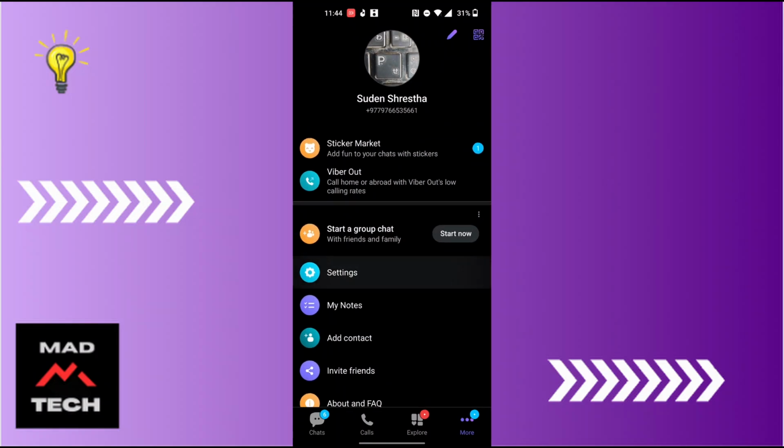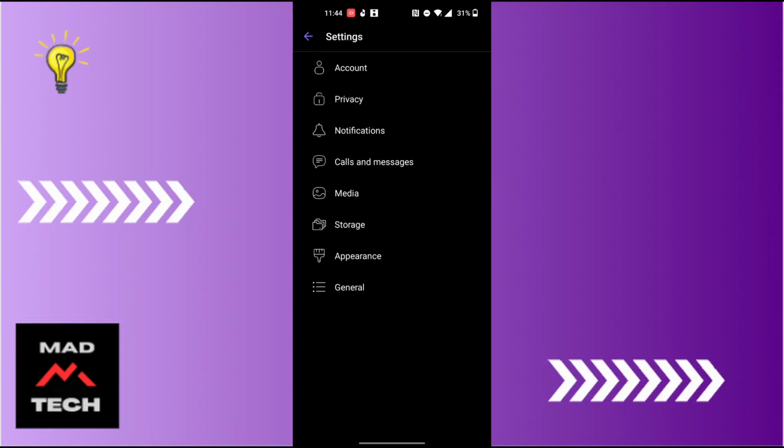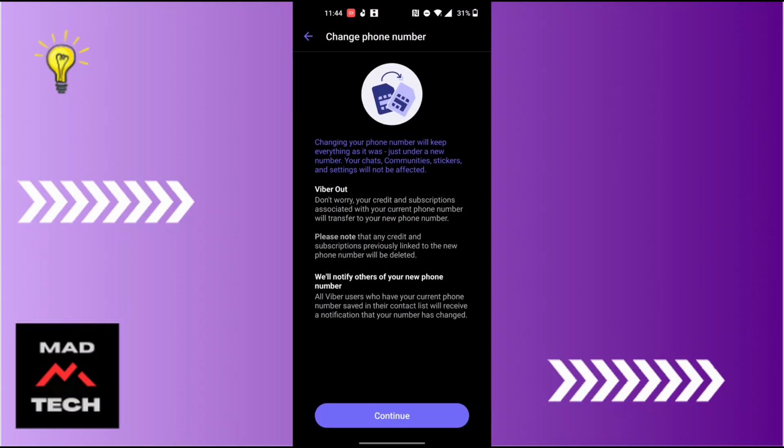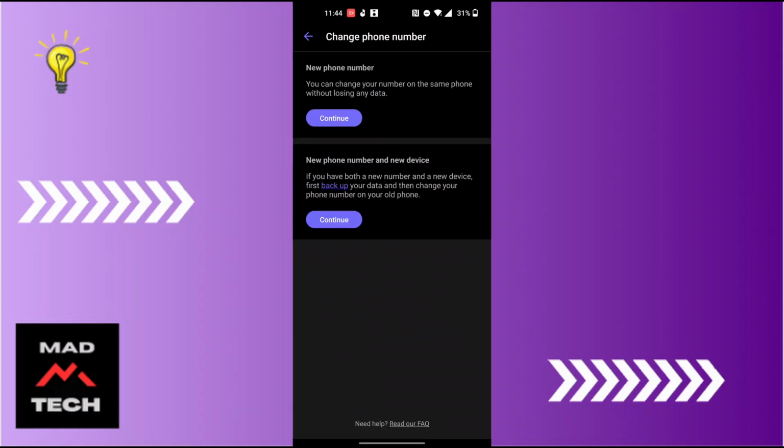Tap on settings, and over here tap on the account option at the top of the screen, and you can see, guys, the second last option where it says the change phone number. Tap on change phone number and tap on continue at the bottom of the screen, and over here it says